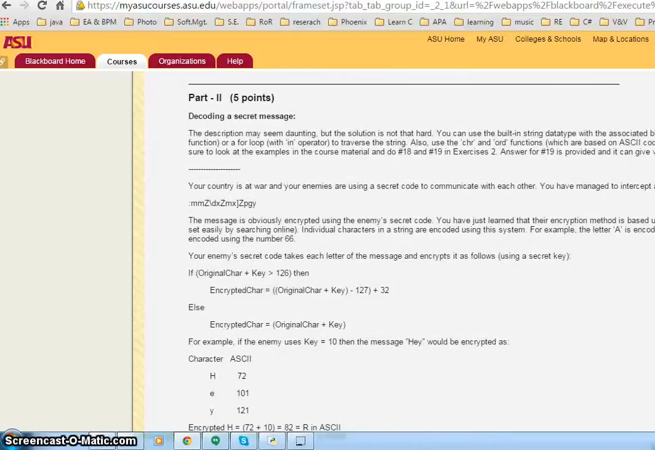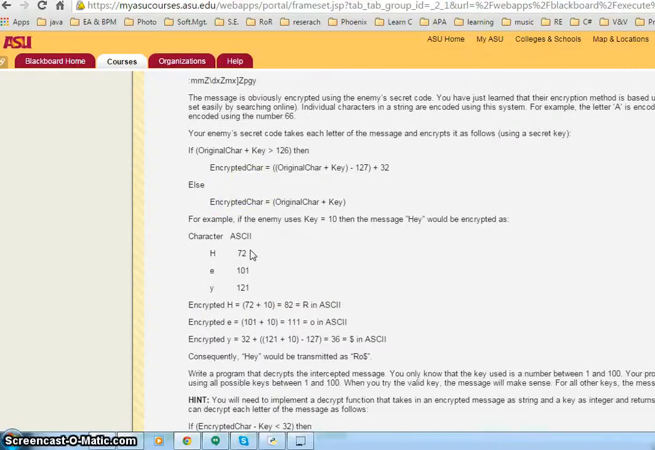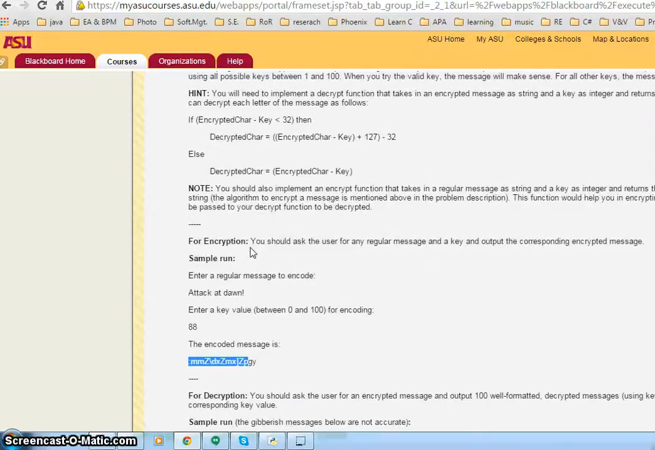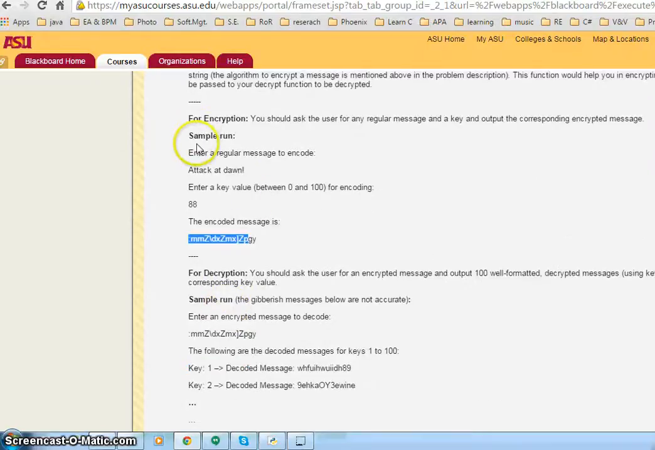Hi, so we will work on this encoded message, decoding a secret message. This involves both encryption and decryption. And so this is a sample run that once you run this program and once you run the encryption part,